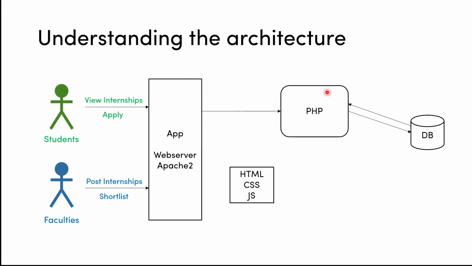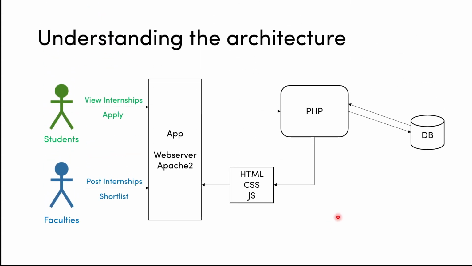Now what PHP will have to do is convert these rows and columns of data into a user readable format, let us say cards or something like that, which the students can view. So our PHP will generate these resources which our Apache server will send back to the user. So this is the rough architecture, you can say, of our application.